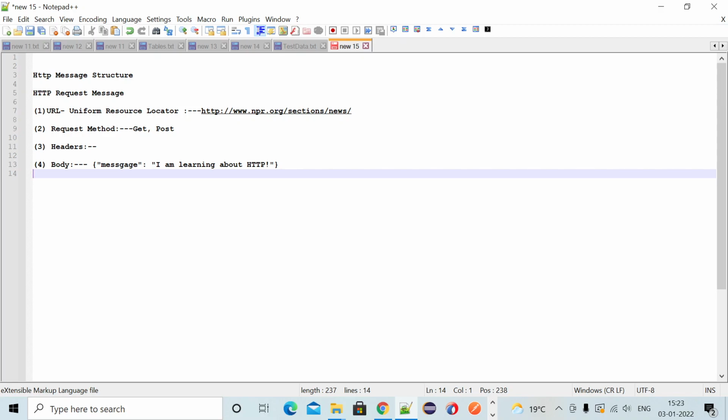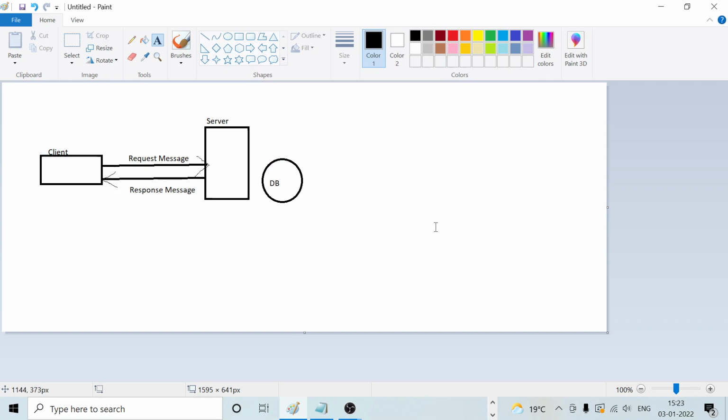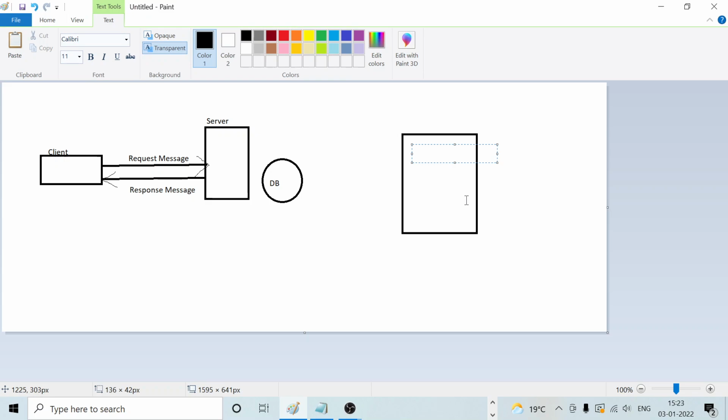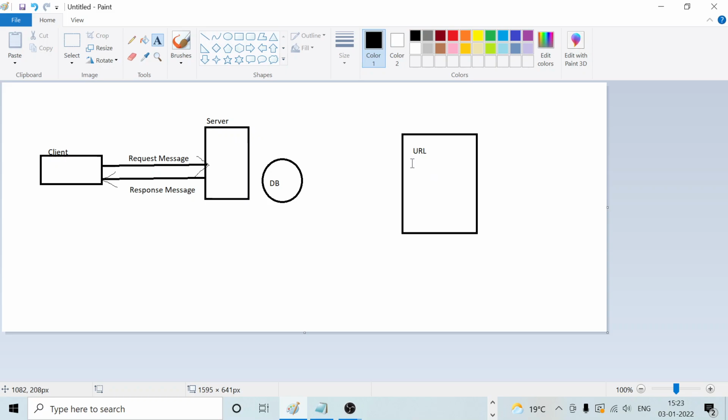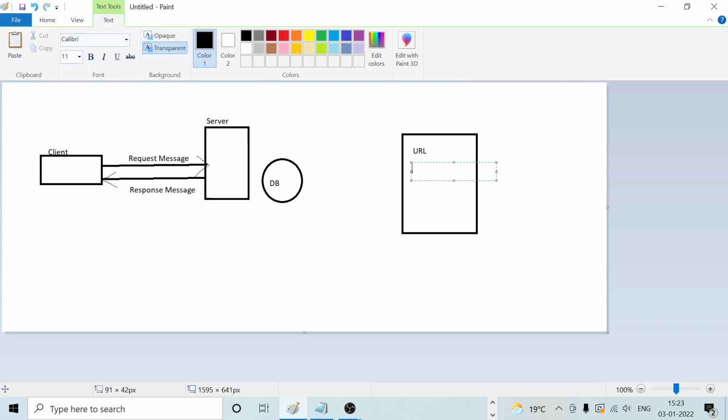Okay. So what you can understand from one diagram, I can explain to you in one diagram for the HTTP request message. First one, I am dealing with URL. Second one, I am dealing with request method.